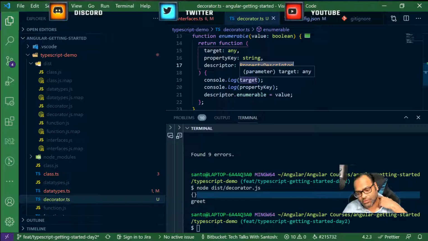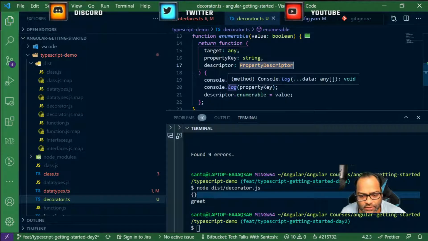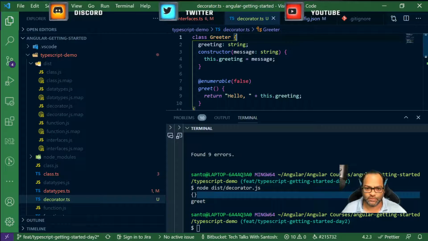The thing is, you can actually go ahead and change the behavior of your function, behavior of your class, behavior of your property by using these decorators. I mean, probably you can create, let's say, a property decorator, and you can mark it as required. Wherever you apply that required decorator, all the properties are required inside a class. So right now, let's say we have this greeting property. You can mark it as required by using the new decorator we write.